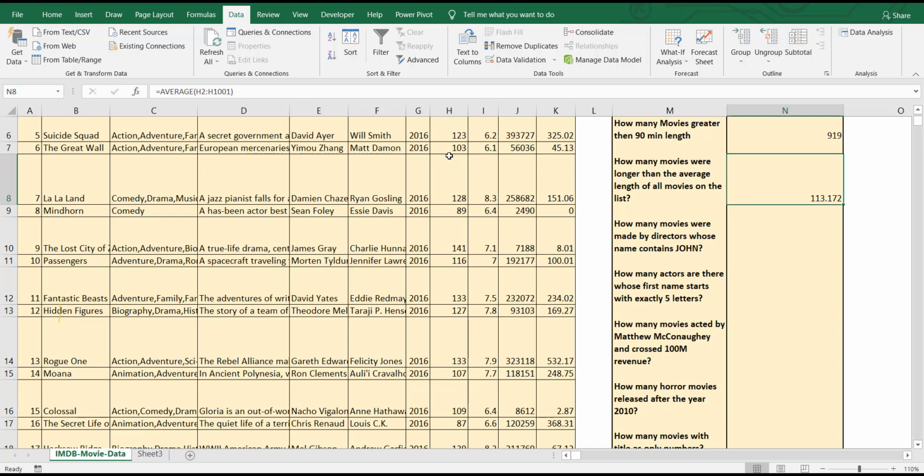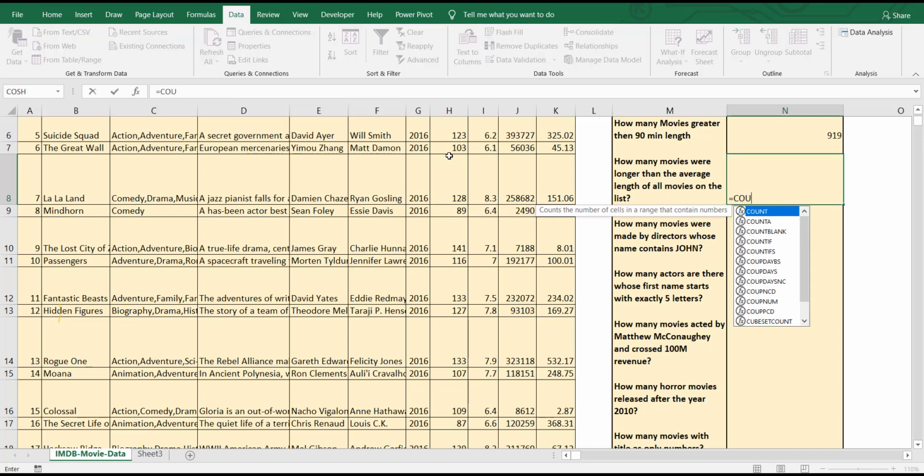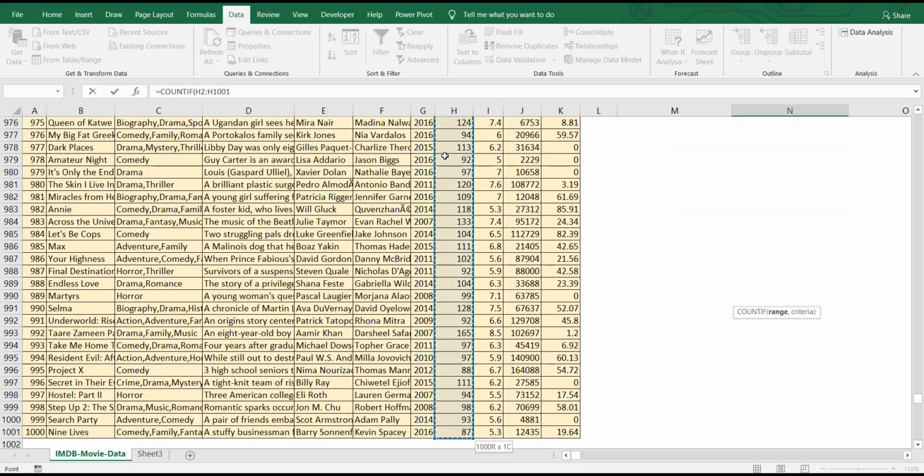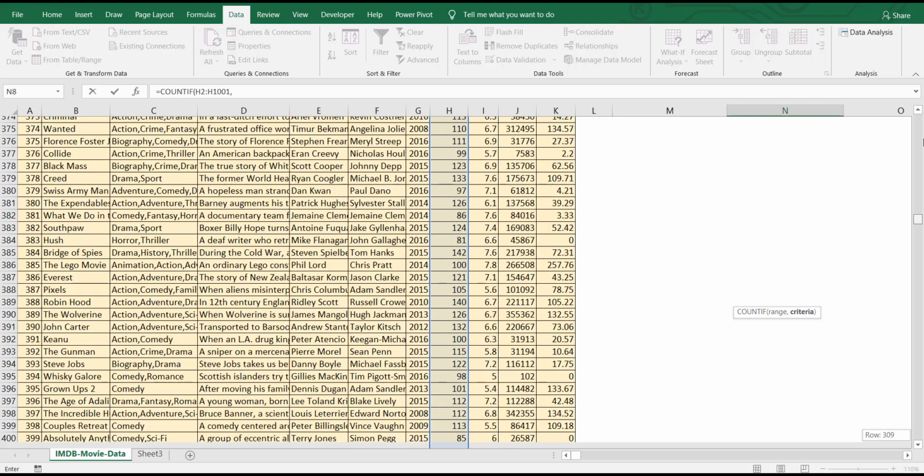So what we can do is, instead of finding the average separately and then using count separately, we can put it together. We can do a nested function. For example, COUNTIF, the range is the same, runtime, comma, now we need to put criteria.